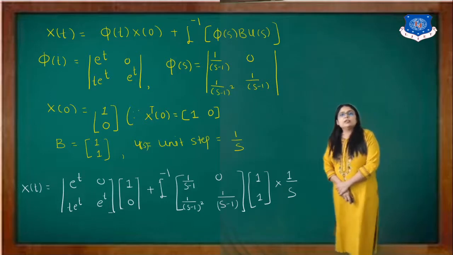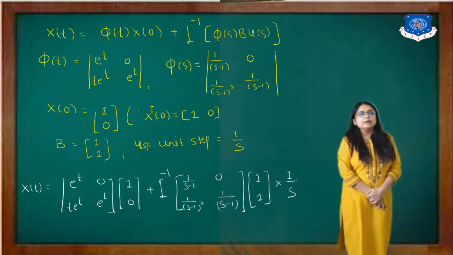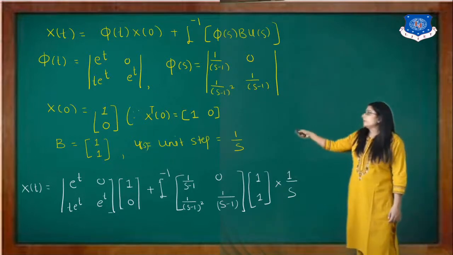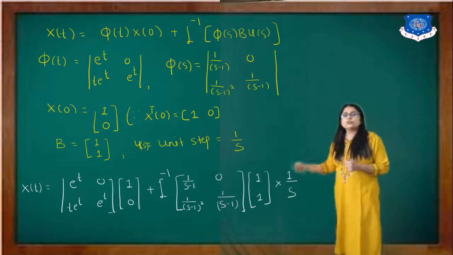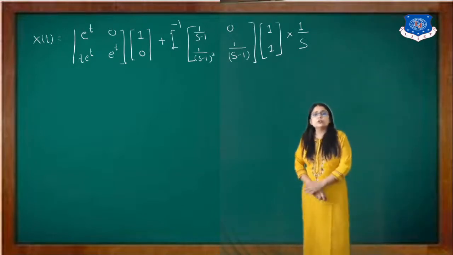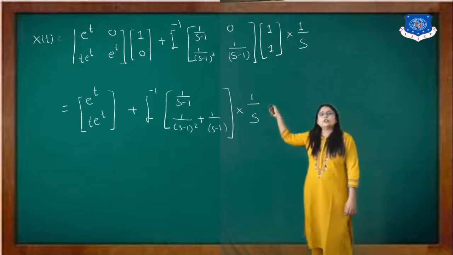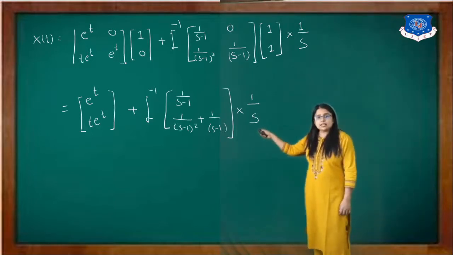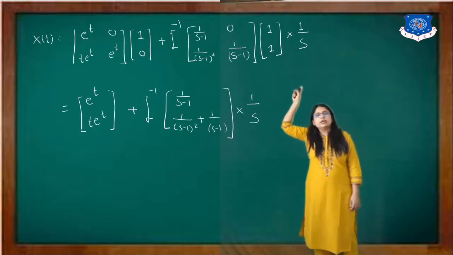So x of t will be e raised to t, 0, t e raised to t, e raised to t, 1, 0. And then Laplace inverse of 1 upon s minus 1, 1 upon s minus 1 whole square, 0, 1 upon s minus 1, 1, 1 and you have to multiply that with the u of s. So this is my equation. So first of all you just multiply these two. So first row, first column. So only we have 1 e raised to t. Then second row, first column. So what we get? t into e raised to t. Now Laplace inverse as it is, multiply these two matrices. So first row, first column. What we have? 1 upon s